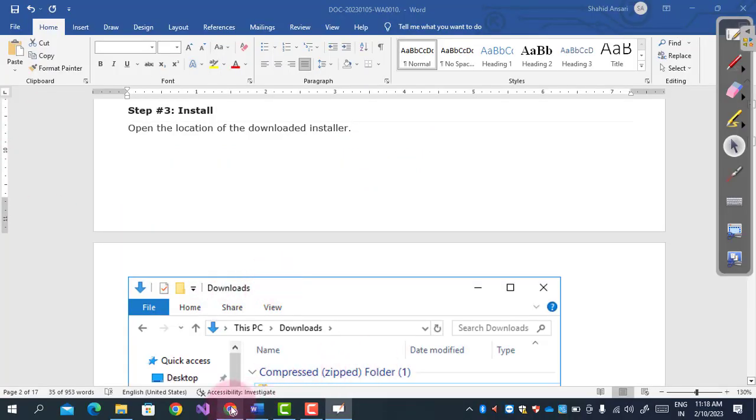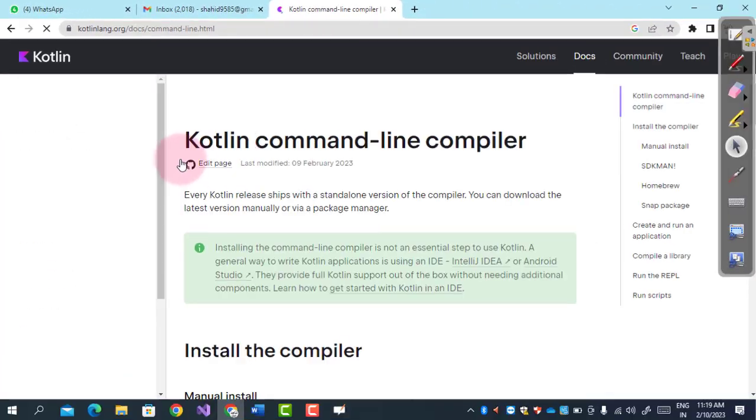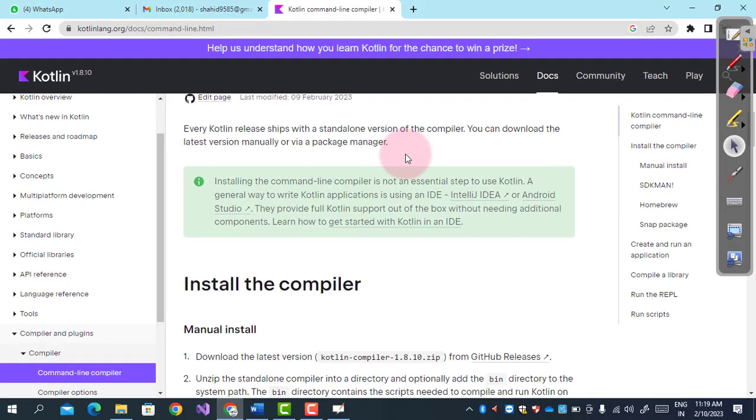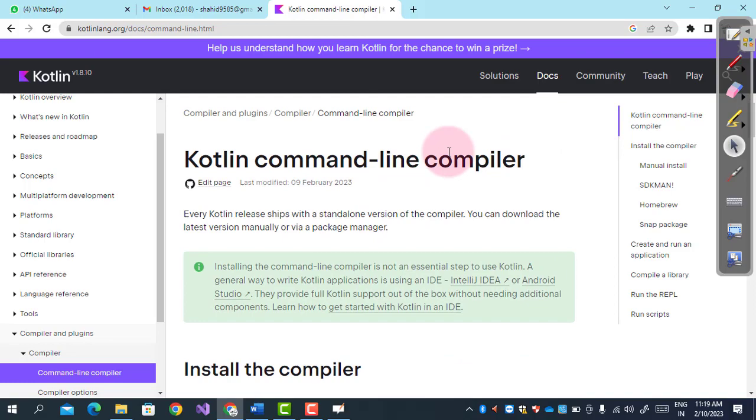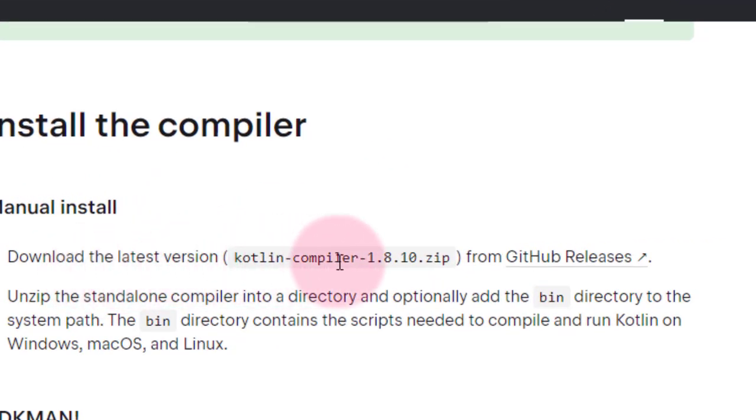As we can see here, this is my web browser. Just type download Kotlin compiler for Windows and press enter, and go to the first link, that is the Kotlin command line compiler. Here we have the Kotlin command line compiler. Download the latest version of the Kotlin compiler. This is 1.8.10. Then click on the GitHub release,